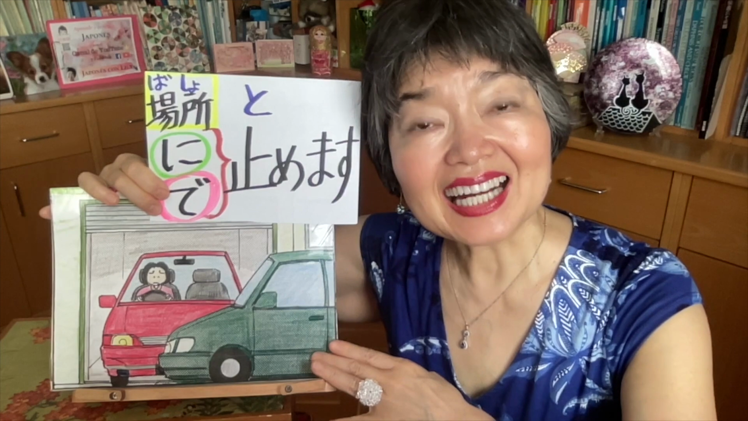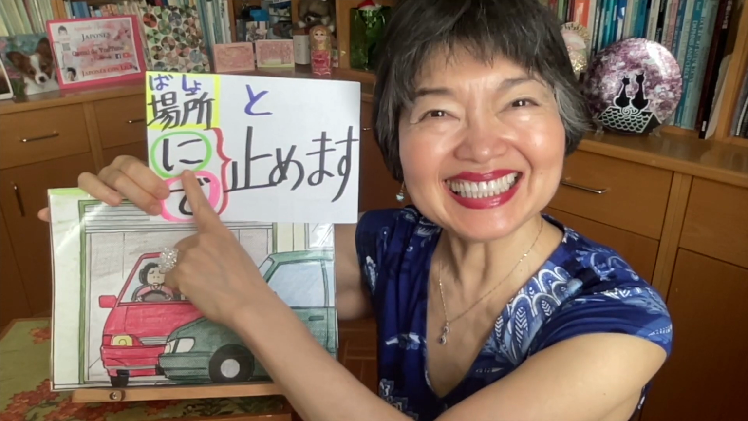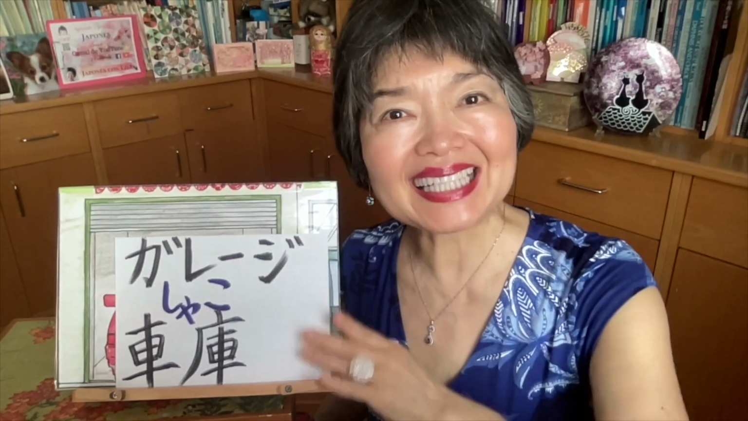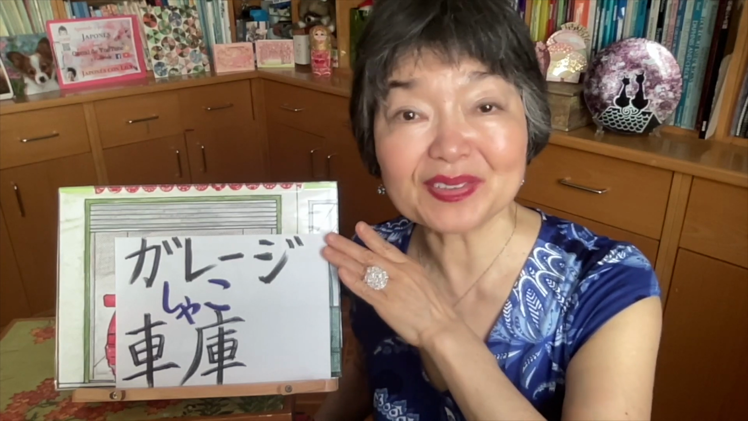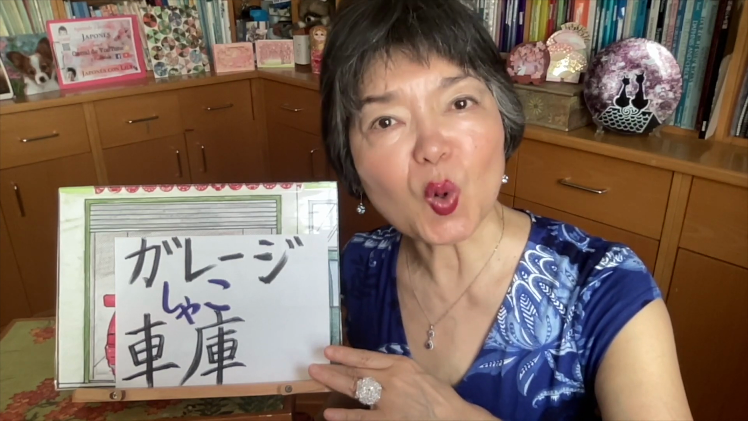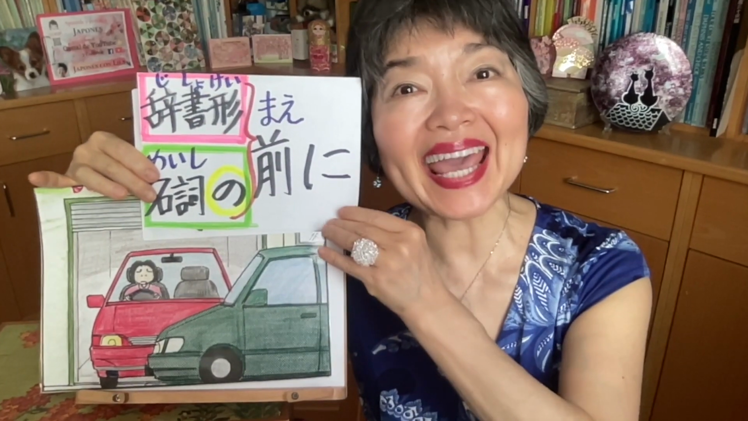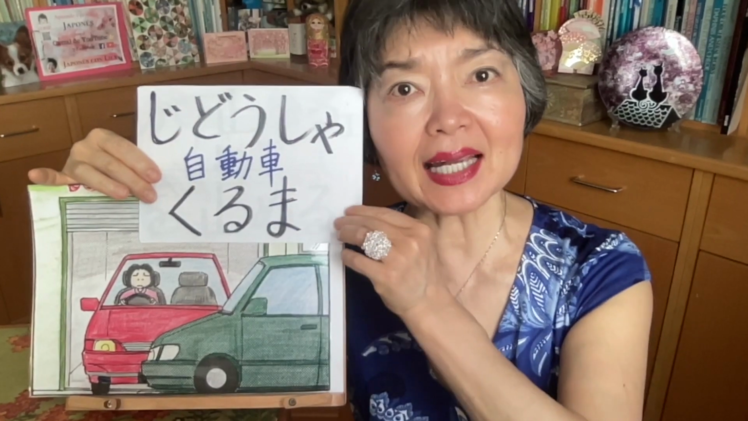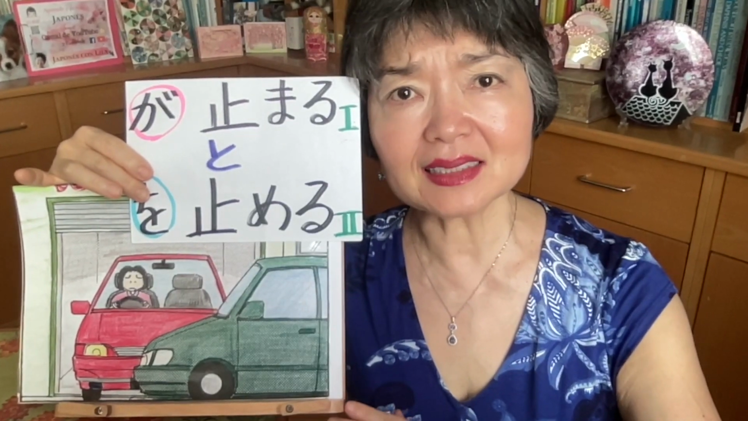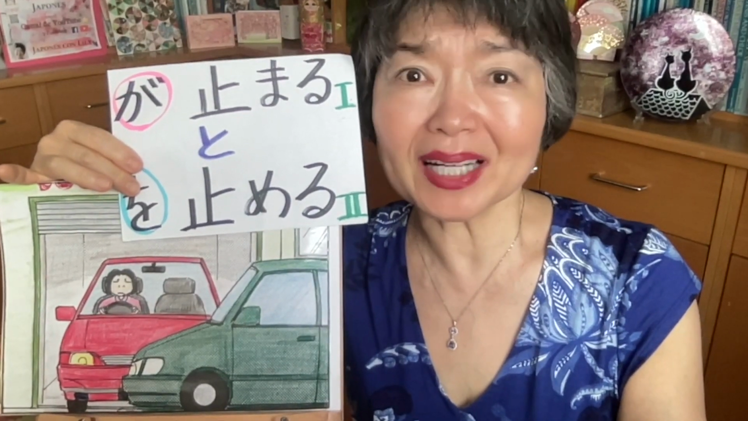In this case, this car is parked, not only stopped, parked. So we use the particle place に, garage. We can say it in both ways. Garage. This is very similar to English. Garage. And the other one, 車庫。ガレージの前に車が止まっています。車庫の前に車が止まっています。